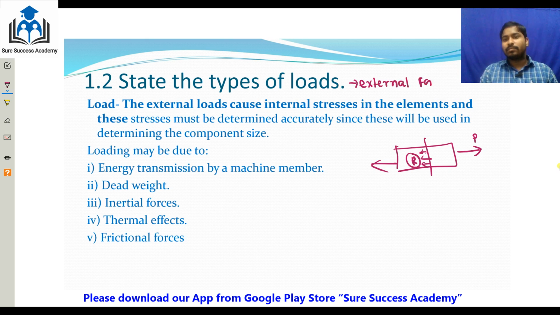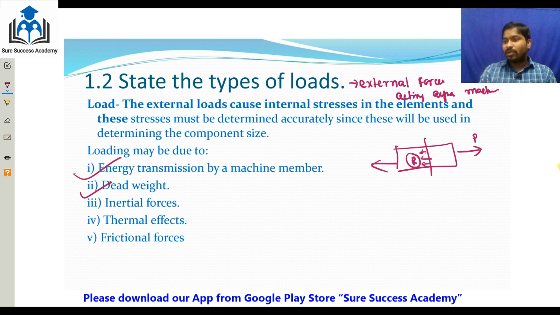External forces acting upon machine parts. The loads may be okay, this one. So the loading may be due to, I already told, the energy transmission of machine members,